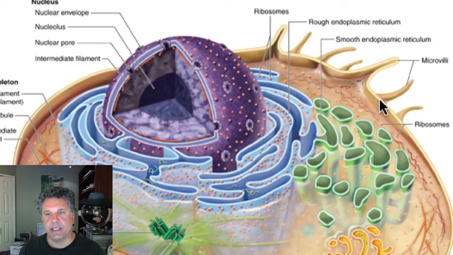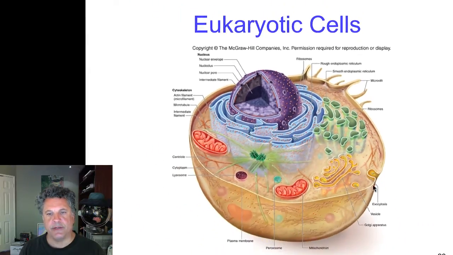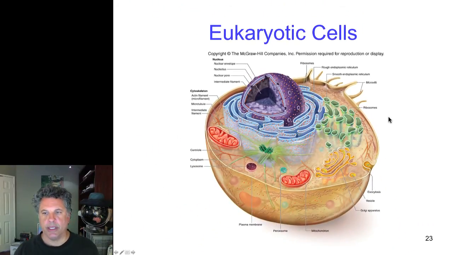Often the surface of this cell has extensions called microvilli. Usually the cell isn't just a smooth surface. Rather, there are membrane projections which increase the surface area of the cell, and we term those projections microvilli. So we'll visit a lot of these features as we go on in this lecture.